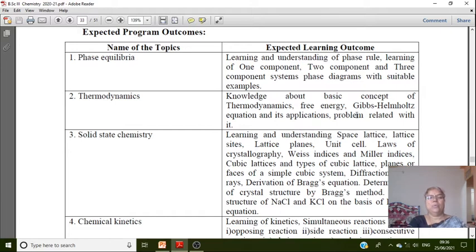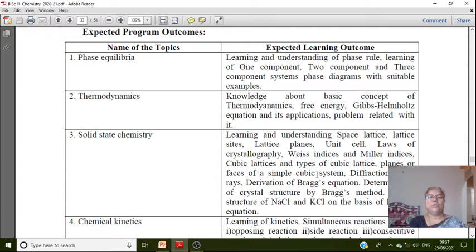And now you are going to learn the third unit, that is the solid state chemistry. After studying this solid state, you will understand what is the space lattice, what is the lattice sites, lattice planes, unit cell, then laws of crystallography, Weiss indices, Miller indices, cubic lattices, types of cubic lattices, planes